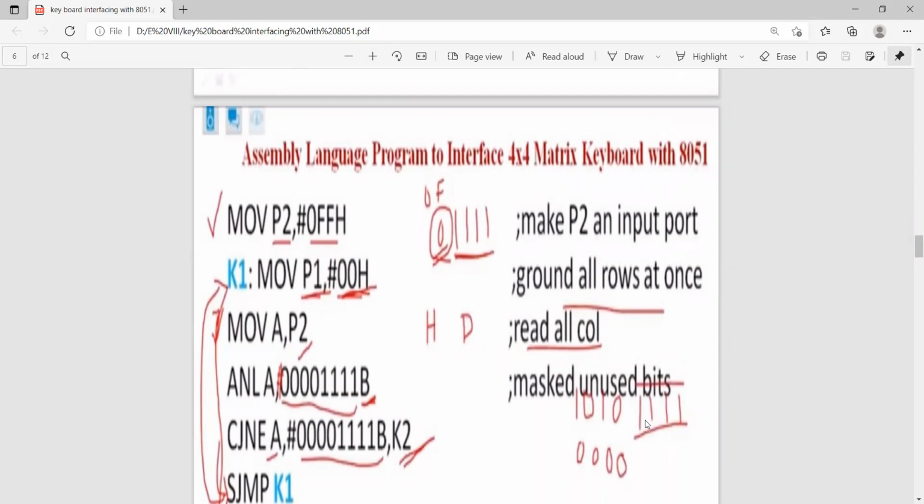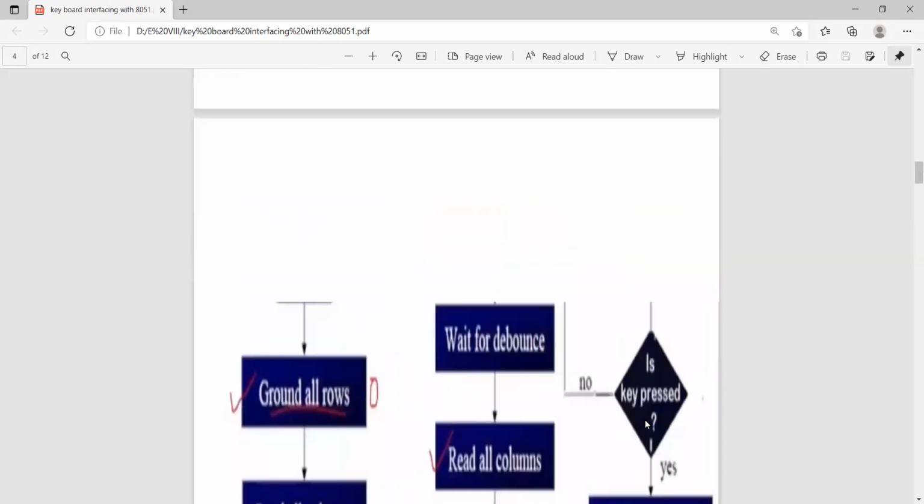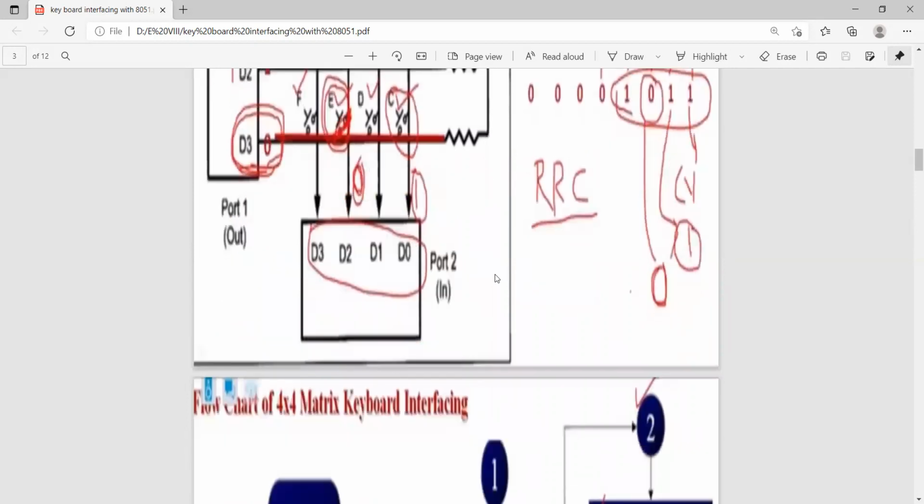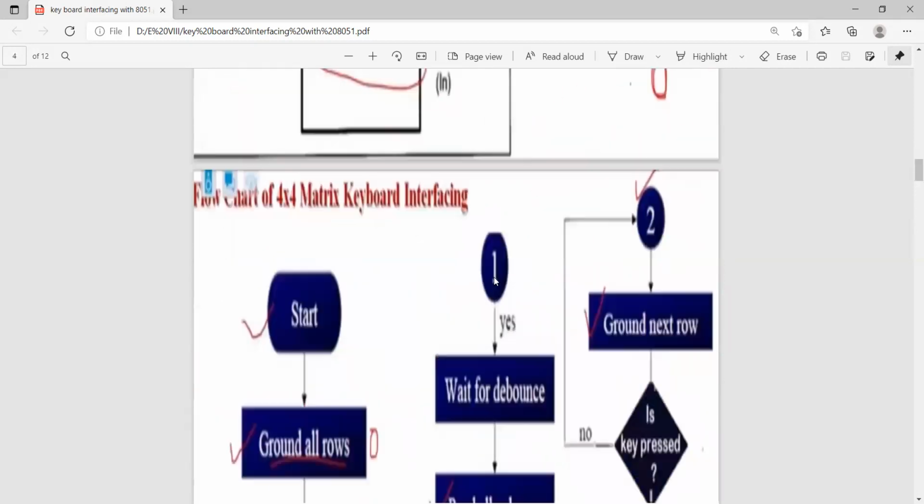The columns are connected to port 2, so this one is connected to port 2. Therefore, if you are pressing a key, we are taking data from port 2, so port 2 is acting as an input port.